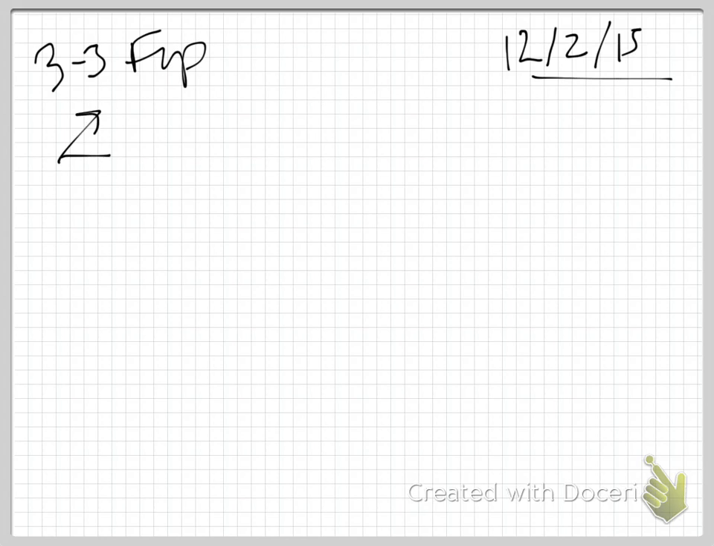This is 12/2/15, and we're going over the 3-3 FIP quiz. This is angled launch projectiles. For our first one, we're told that a football is kicked and leaves the ground at 27.5 degrees above the horizon. If the football hits the ground 48 meters from where it was kicked, what was its initial velocity? So we're looking at a situation like this,